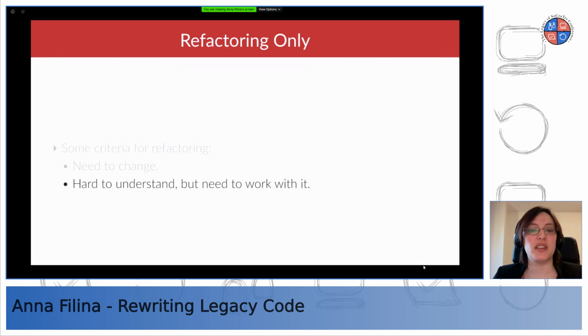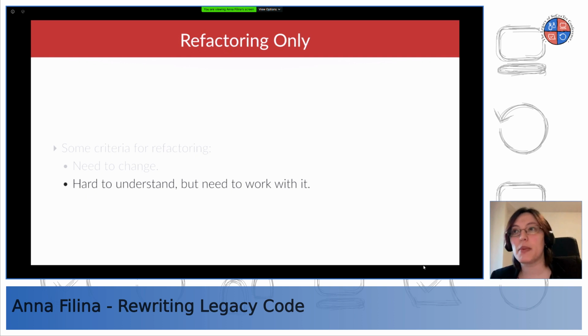The other thing is, sometimes I don't directly change that code, but I need to work with it. It's hard to understand. So it's code that's touching the code that I'm changing, and it is constantly interfering with what I need to change. So sometimes I'll just go ahead and fix that properly, and from there I can fix this bug much more easily.